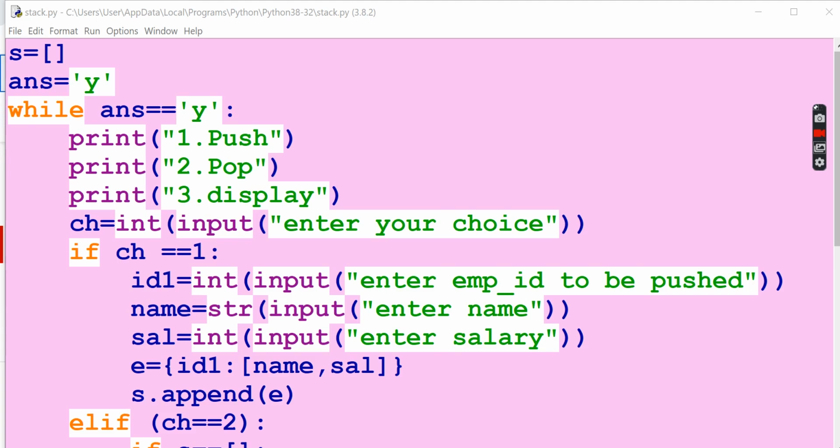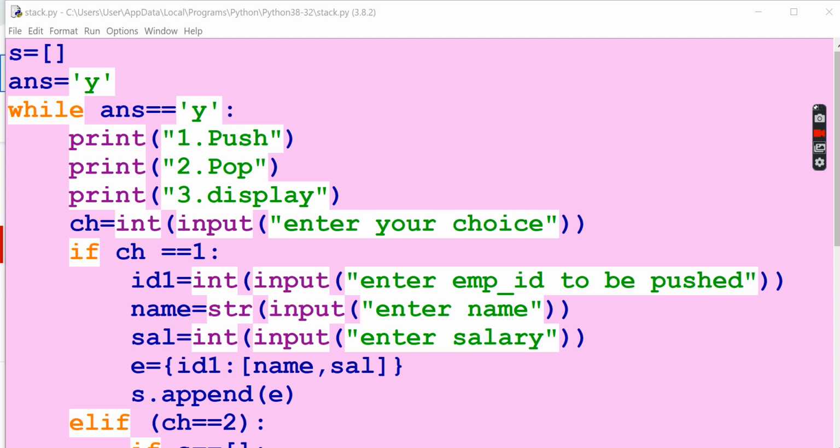Good evening. Today we are going to see the continuation of last class, that is the stack. How to push, pop, display tuples. First we have seen how to insert a single element, and yesterday we saw tuples, how you can get 2 or 3 values from the user and save them into this empty stack.